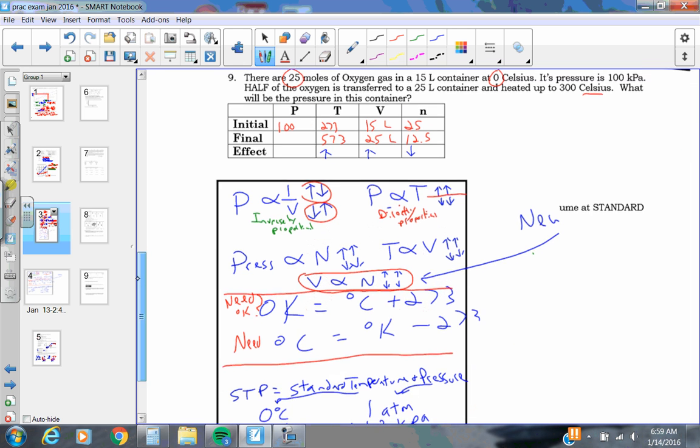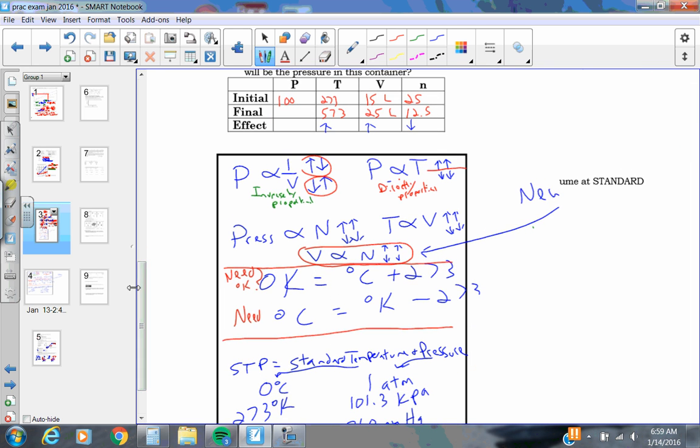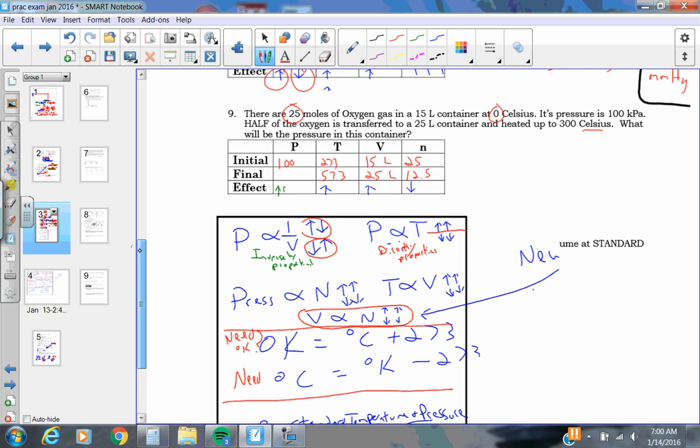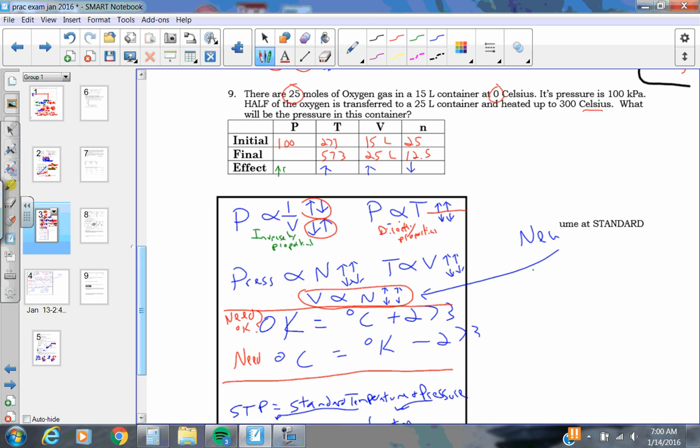Next step, check your proportionalities to find out what effect that will have. If the temp goes up, the pressure goes up. And I'm going to write a little T because the temp caused that. What about the volume? Volume and pressure are the ones that are inversely proportional. So that means if the volume goes up like it did, the pressure will go down based on that volume